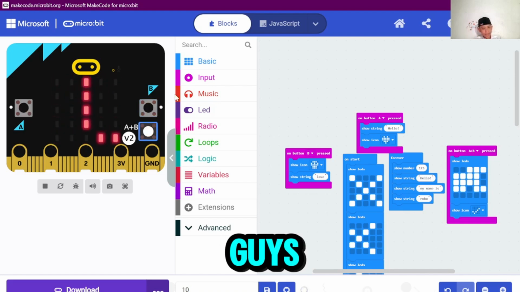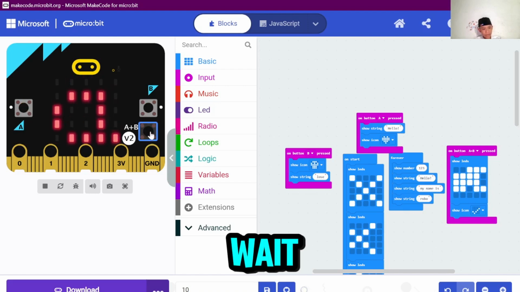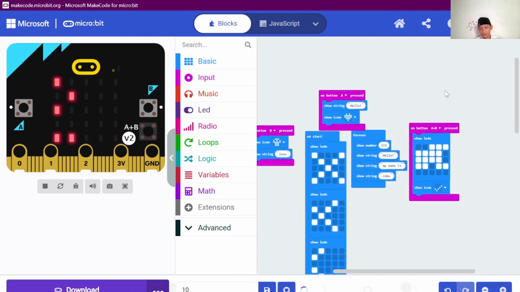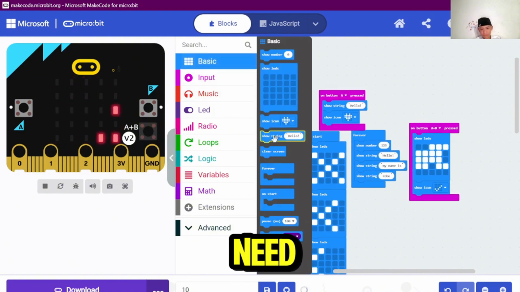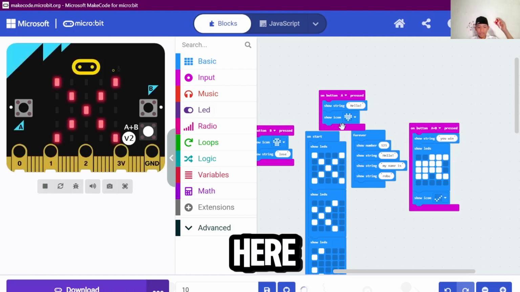Like that, guys. A and B. Click A and B. Wait. Oh, cannot. There needs to be text. I think just you. Wait. Okay, just like this.